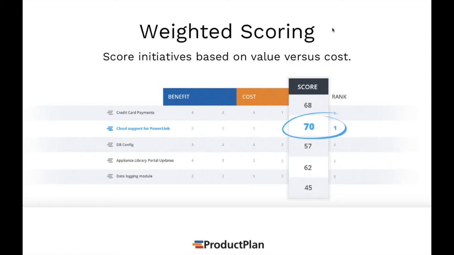The way that this works is that you assign a value to every one of these items. So if an item has high benefit, you might score it on a 1 through 5 basis, for example, 1 meaning low benefit and a 5 meaning high benefit. And then you have an offsetting cost, 1 meaning low cost and 5 meaning high cost. And then you have that sort of discussion with your stakeholders on